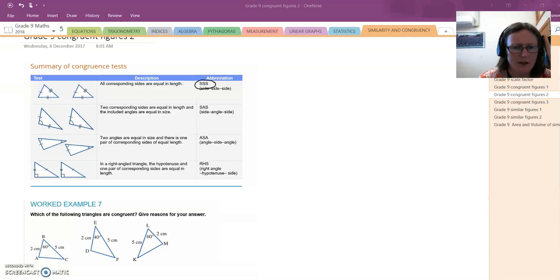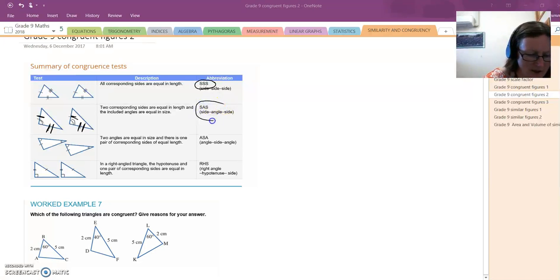If we know the lengths of two sides, so in this example we know that this side and this side have the same length, that this side and this side have the same length, and that they have the same size angle in between. So two corresponding sides are equal in length and the angle in the middle of them is equal in size. Then by the side angle side test, we know that those two triangles are going to be